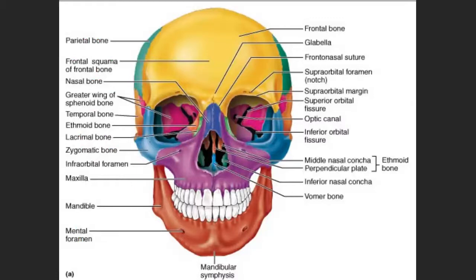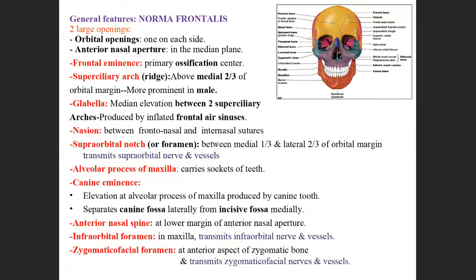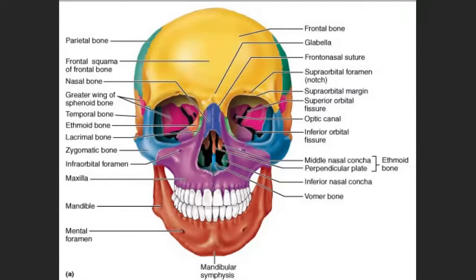Here, your forehead. On the left and right part of the forehead, that is the most prominent part of the frontal bone, that is the frontal eminence. Supraciliary arch. So what is the supraciliary arch here? The supraciliary arch. This is